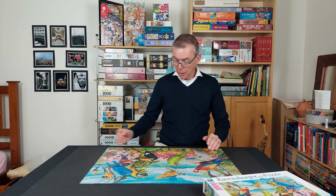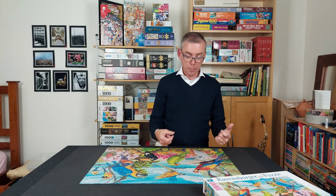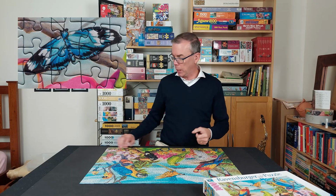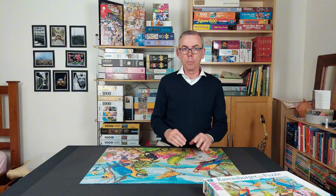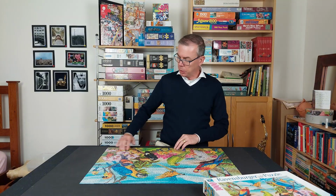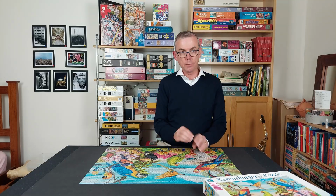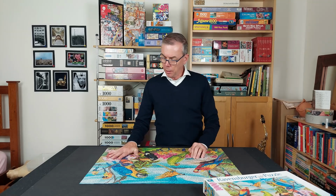So I had those, and as I was sorting through, I did a full flip, and I came across the pieces of the butterflies. So I just pulled those out straight away. Each butterfly is only about 6 pieces each or less. So I pulled those out as I went, put the edge ones in because they joined on immediately. This blue one here in the middle, I just kept in the middle. So I put these flowers together, and